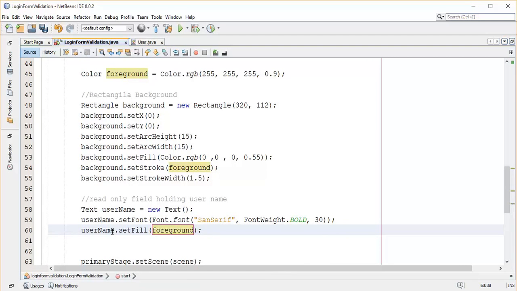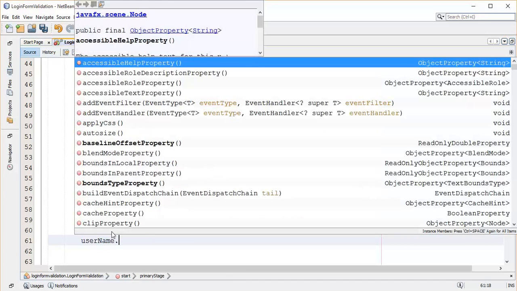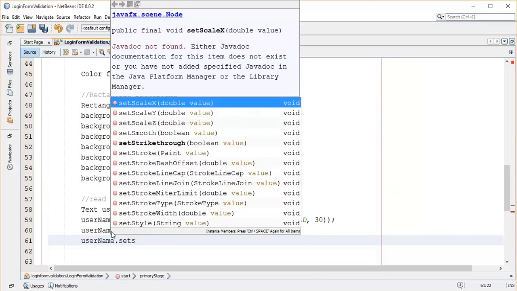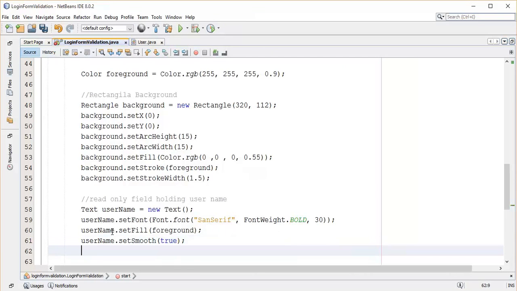So next we are going to add the smooth property for a username, the text field. So username dot set smooth, so set smooth with the value true, then add text property such that it will display the text